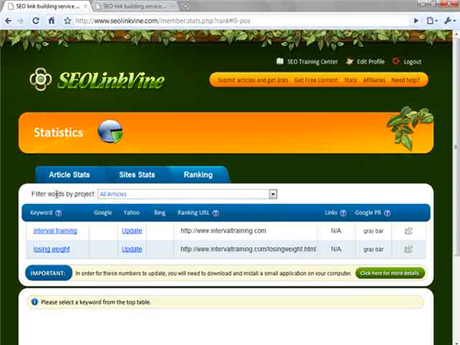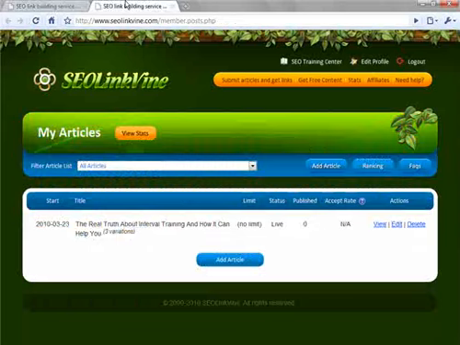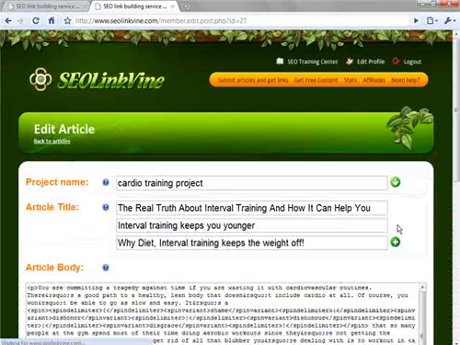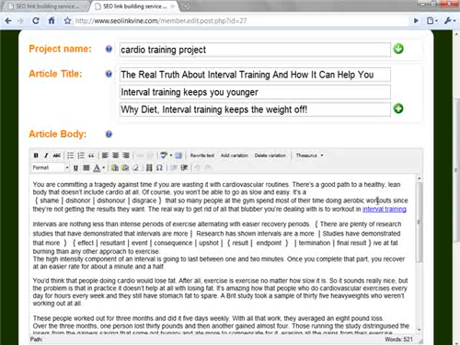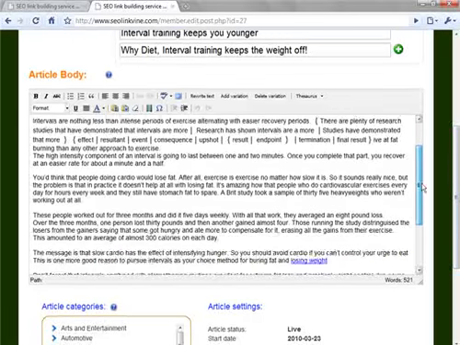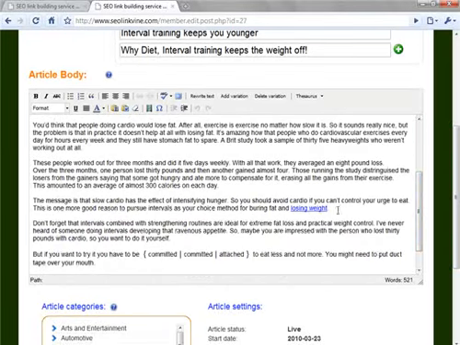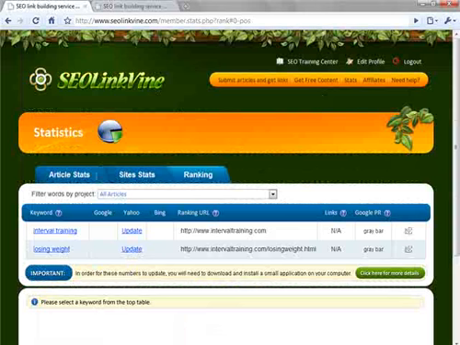Now this is what's really cool about this system. The keywords that I've specified in my anchor text and the URLs that I want to rank for that anchor text are automatically pulled into the system and tracked. So if we look at the article that I did submit, we look at the edited version of it, you can see interval training was one of the article anchor texts that I used, and that goes to my intervaltraining.com website that I set up, and then losing weight was the other one. Now when we look in the tracking system, you can see interval training and losing weight both show up